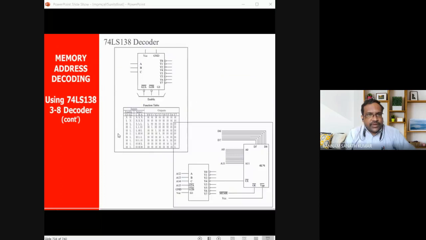As I told you in the previous slide, this is nothing but the 74LS138 decoder. This is a 3:8 decoder, so by using a 3:8 decoder, we can connect 8 RAM or ROM, data RAM or data ROM. At a time, the microcontroller will select any one of them depending on this output. Suppose the selection lines are 000, Y0 is selected. This can be connected to any one of the RAM or ROM. Okay, so like this.